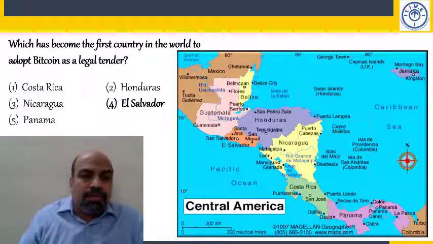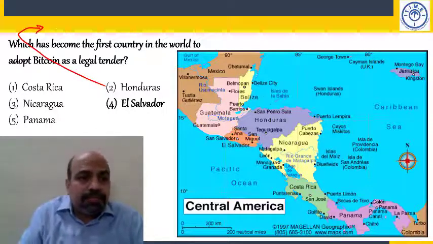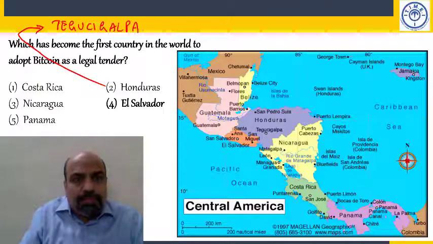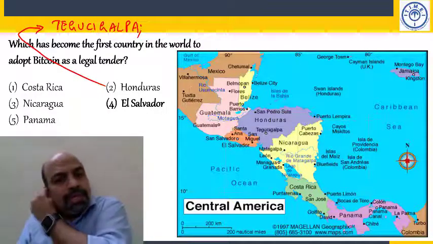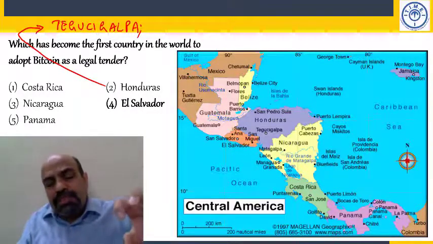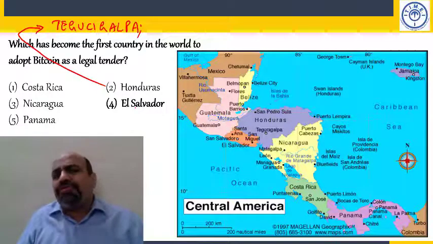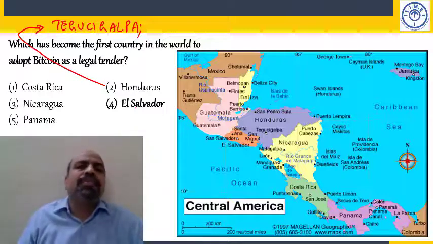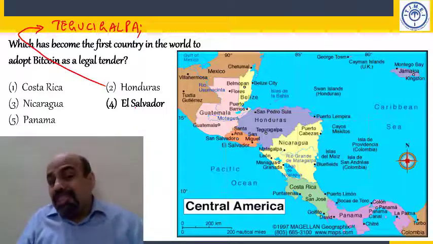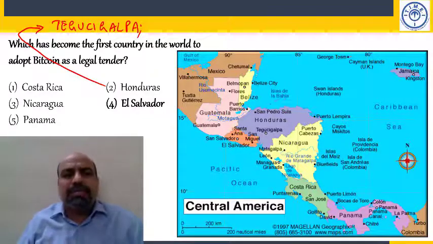And of course Honduras. This is Honduras. You see the capital, Tegucigalpa. Tegucigalpa is the largest city in Central America. In this stretch of land, the largest city is Tegucigalpa. In the whole of North America, the largest city would be New York. But if you look at just population, it would be Mexico, technically Mexico City. But that's okay. Now you look at Central America, it's Tegucigalpa.